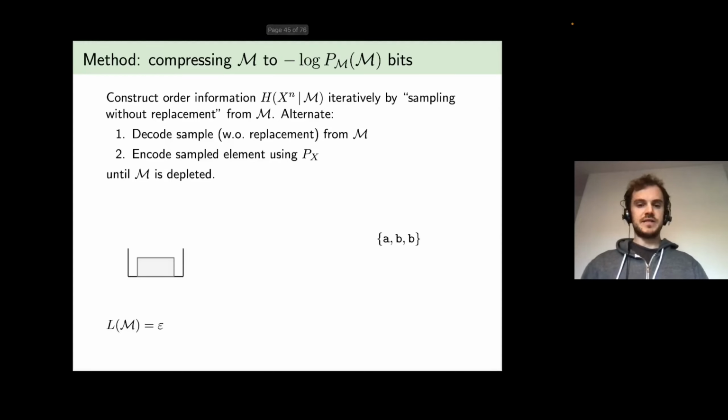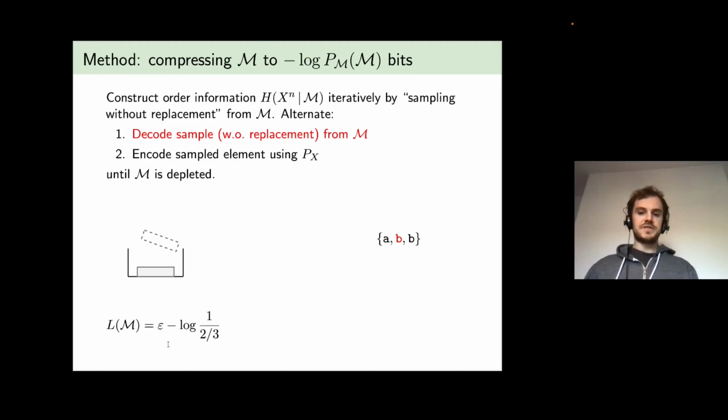So I've got a picture to illustrate this. On the left is an ANS stack, on the right is a multiset which we're going to encode, and at the bottom here I'm going to keep track of the height of the stack after each step. So we start with some information in the stack and then we decode a choice of element. Now the stack has chosen a letter B. There are 2 B's in the multiset and 3 elements in the multiset in total. So there was a 2/3 probability of choosing the letter B. So that decoding step reduces the size of the stack by log of 1 over 2/3.